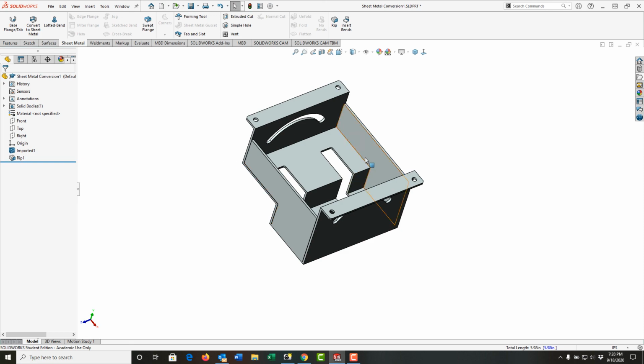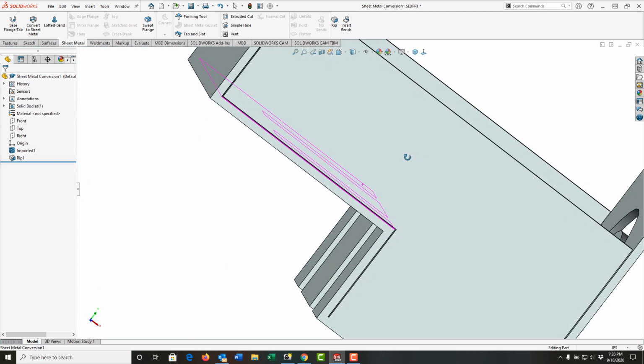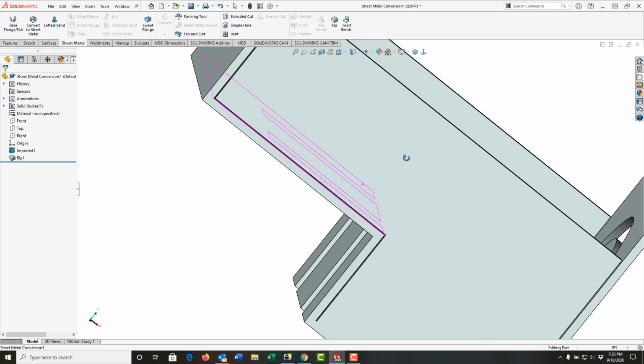And now we see a rip, and if we zoom in, we can see the effect that had. We can see the small gap